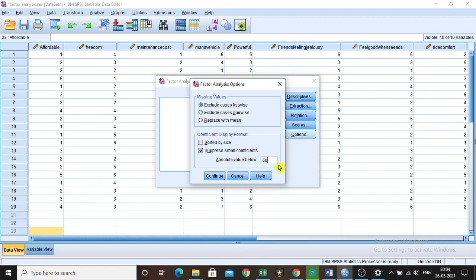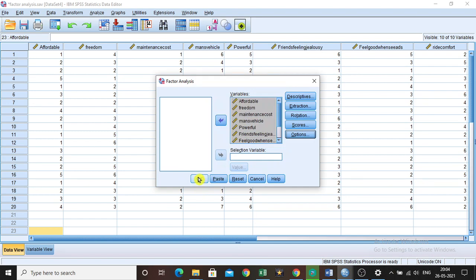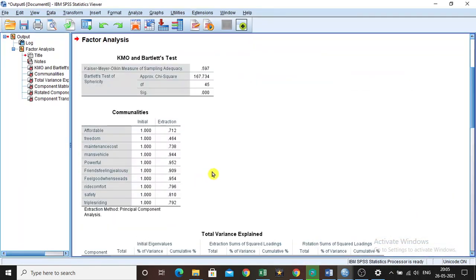If you want, you can increase it up to 0.90 also. It is up to the convenience of the researcher. But right now I am going to set it as 0.50; by default it will be 0.10. You can keep it as such and proceed, no problem. Then click continue, then click OK. Then you will get this output here.